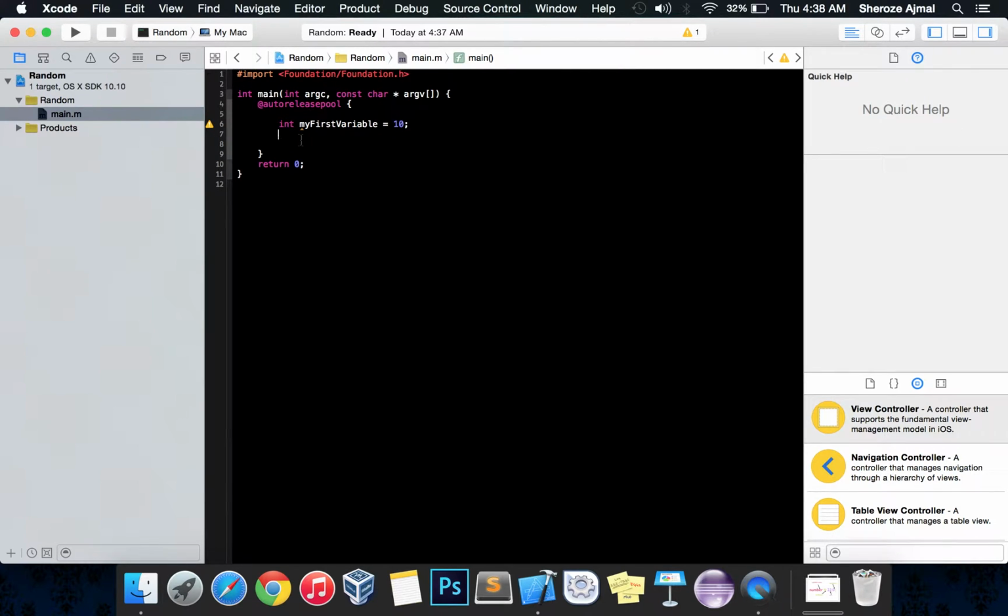So now we're going to print the value of this variable to our console. Remember, you do that by using the NSLog function. The @ sign says that this is a string, and now in the parentheses we're going to type in "the value for my first variable is",